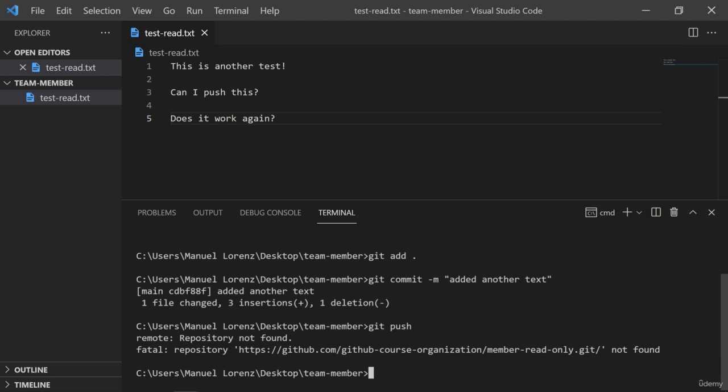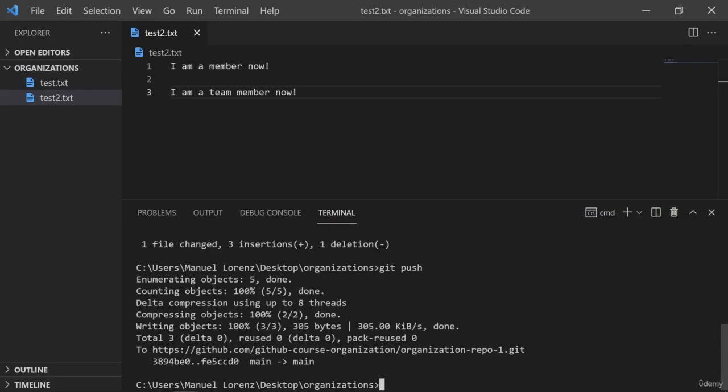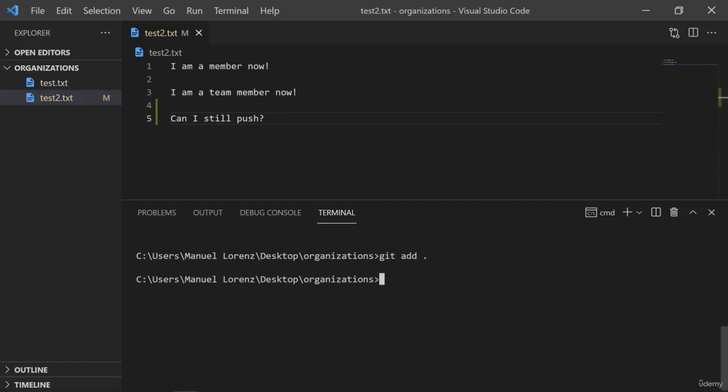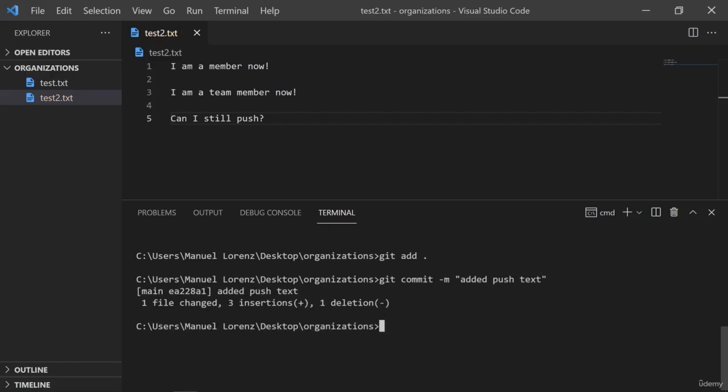Just to complete this here, let me also switch to the project with the other repository access, where we should have read access now, to show you that this is working. So let's go to this repository, to the organization repo 1 git project here. Let's clear this and let's see, can I still push? Let's add this as text and save this. Again, git add, git commit -m, added push text maybe, and if I run git push now,